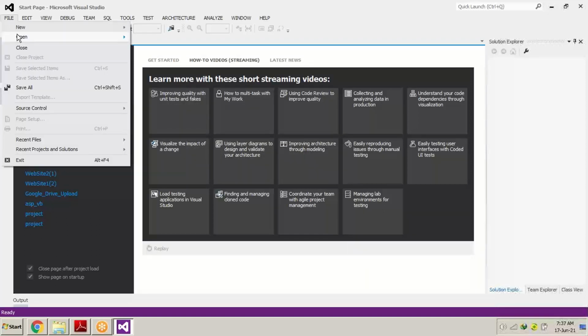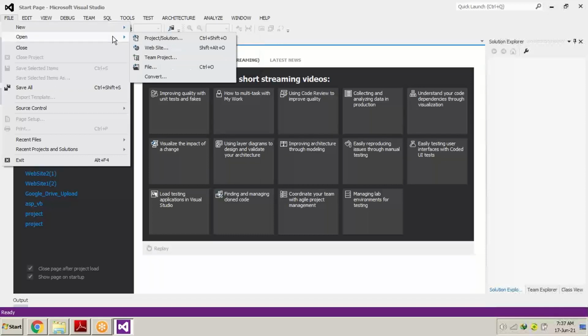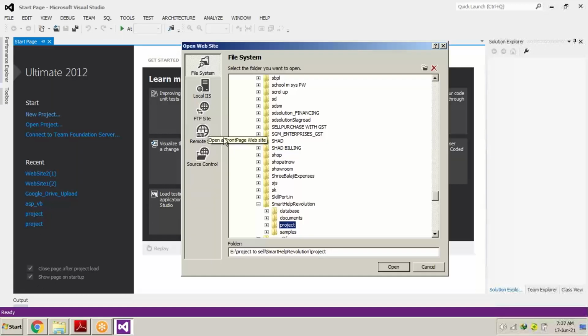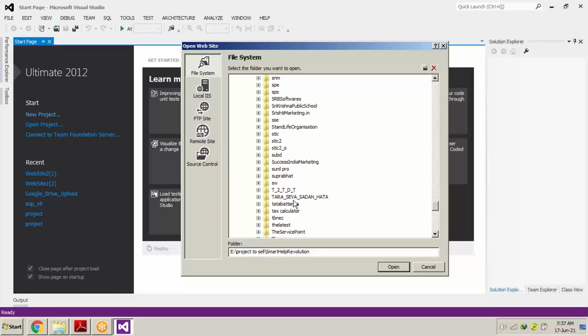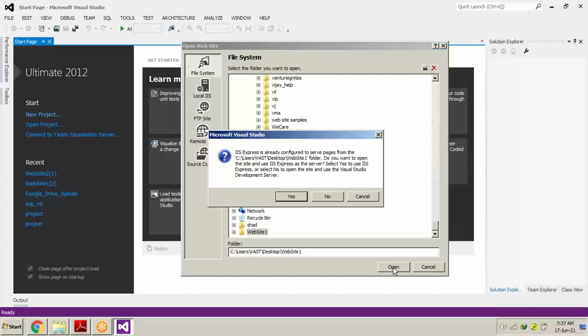Yesterday, remember, we made a small web application by going on the new menu and selecting website. Now what we will do, we will go to the open button and go to website, because we are opening the existing website. So in here, our website is this one, website 1, and we will select open.